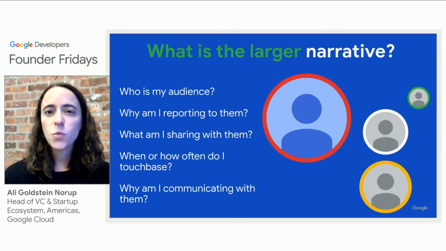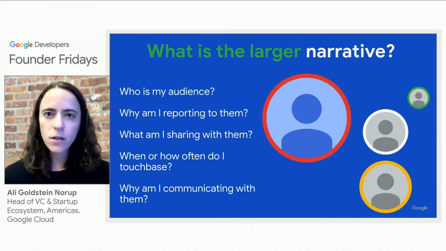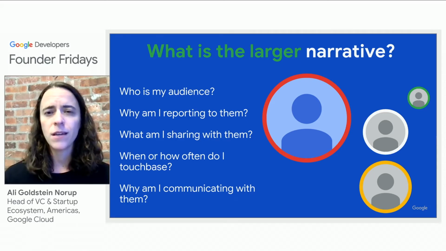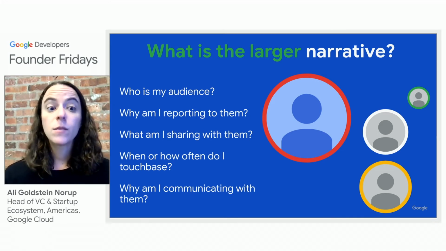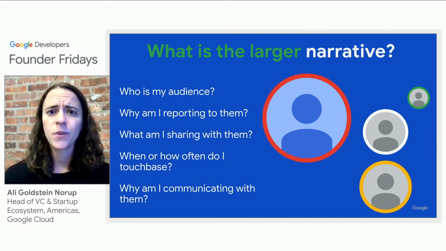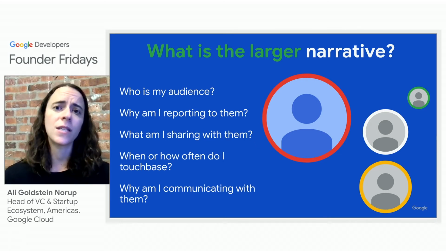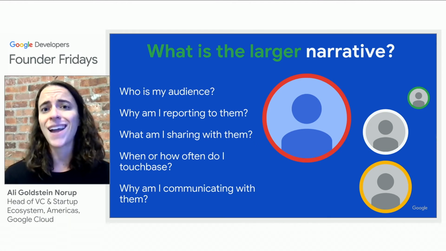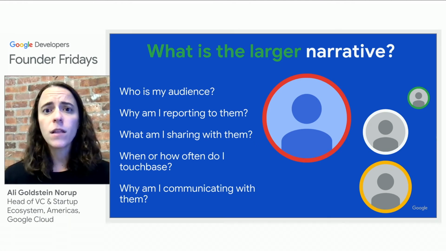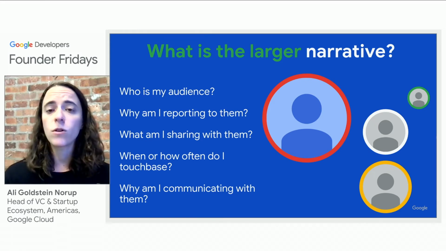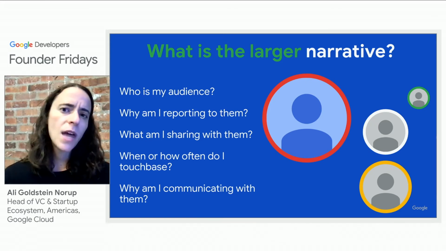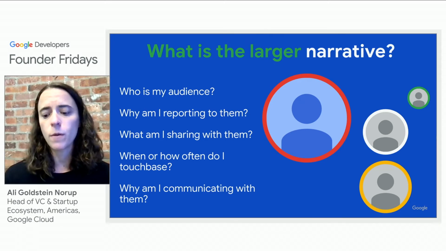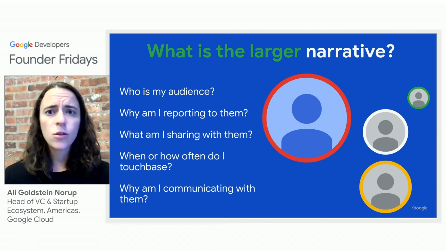Furthermore, it's really about the larger narrative. So let's talk about how you're doing your KPIs and who you're communicating them to. Specifically, think about who is the audience for your KPIs and the updates you're going to be sending. Why are you reporting to them? Are you reporting in a daily stand-up to your team so that you all can feel energized and accountable? Are you reporting in a weekly roll-up to management, or having your reports do that? Or are you maybe doing a monthly update that goes to your mentors, your advisors, key external stakeholders?